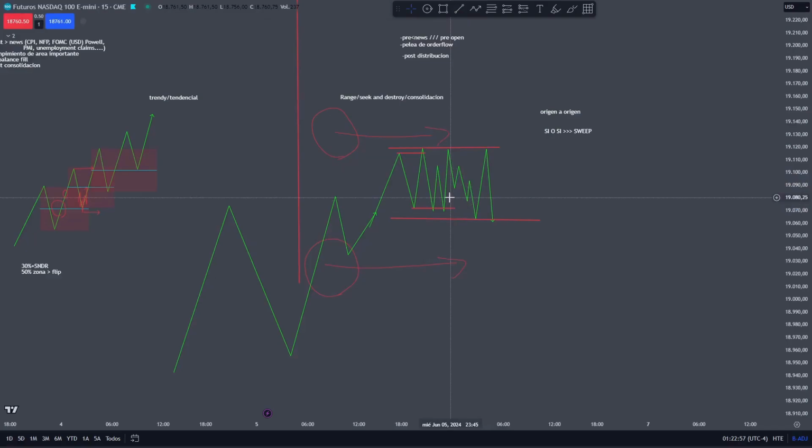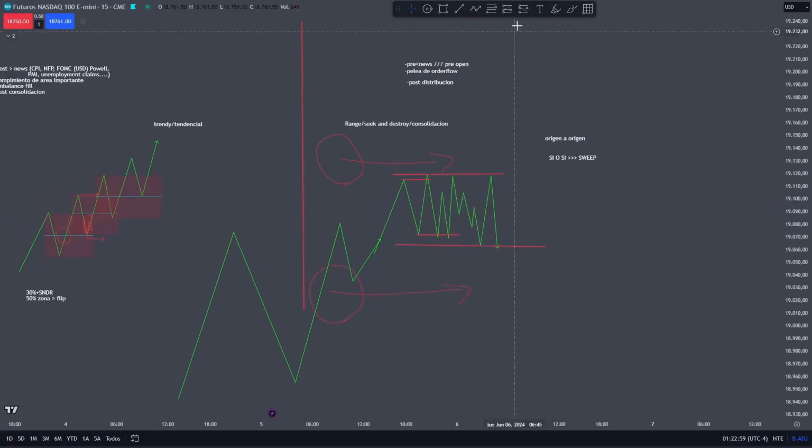But I don't want to look for longs from where? I don't want to look for longs from when the price comes here, enter a long here. And the same in the opposite case. If the price gives me a response from breaking this low, I don't want to look for a short from here. The price is going from origin to origin. So it may follow the move later, but after it came and swept this and reached an origin, and then it did go. So in range markets, it's not as necessary to wait for a flip,